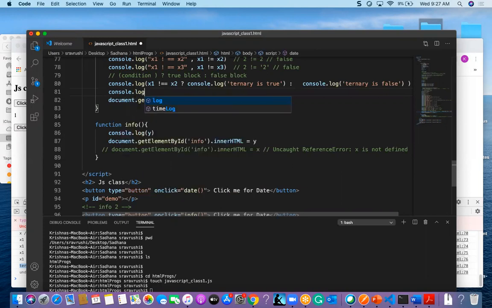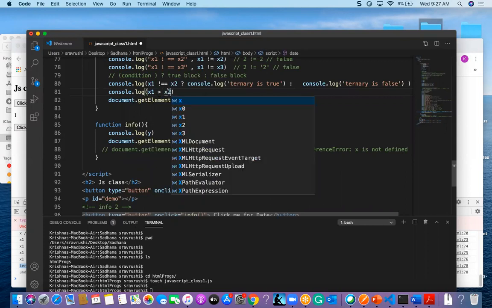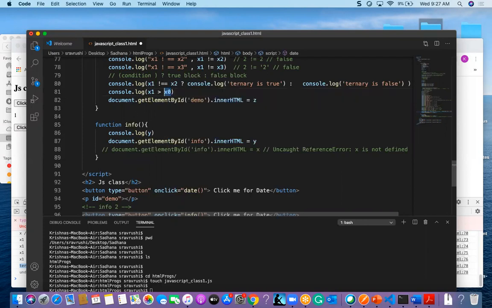If x1 is greater than x0, that means 1 is greater than 0.